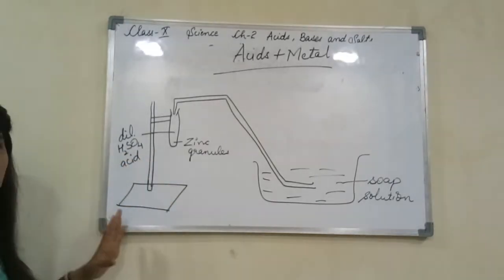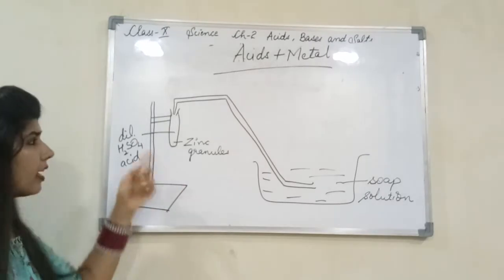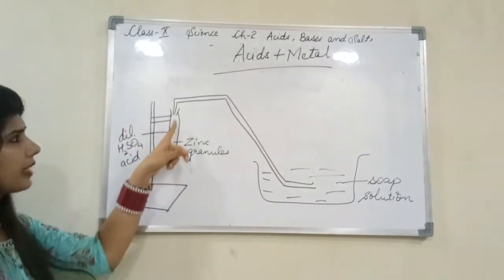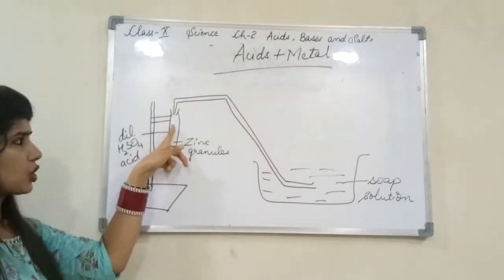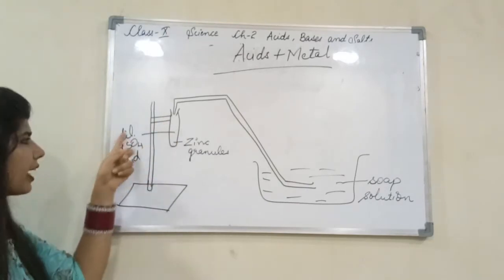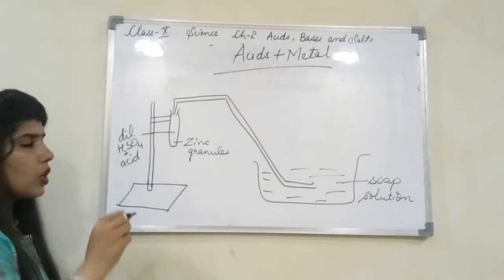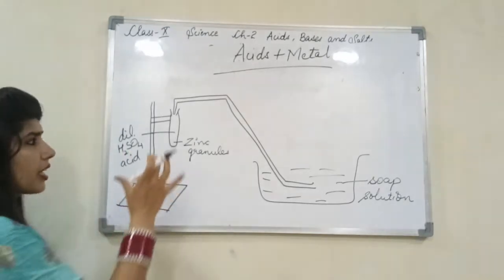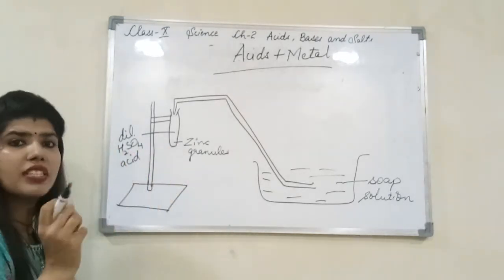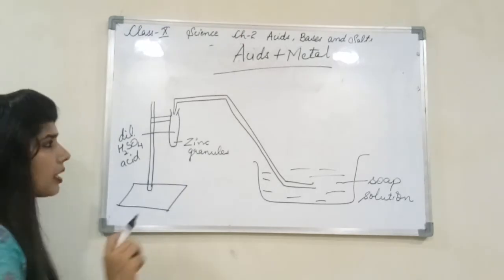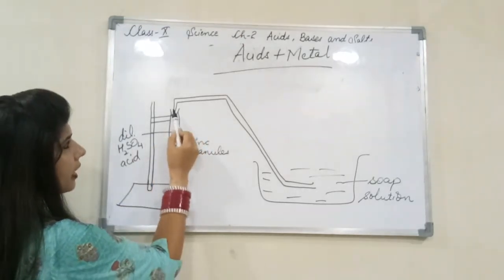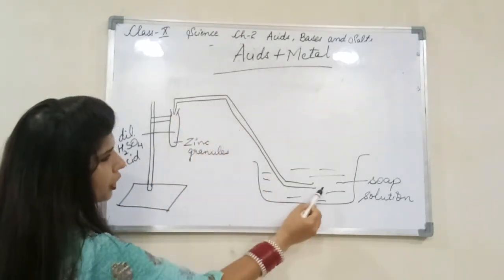So what you will be doing over here is, you have taken a clamp stand, and with this clamp stand you will support a test tube. Okay, in that test tube you will add near about 5 ml of dilute sulfuric acid. To that you will be adding zinc granules. ठीक है, उसके बाद you will notice certain change, that around zinc granules you will see effervescence, the bubbles like formation you will see. Then what will happen, there is a delivery tube, this is known as a delivery tube.